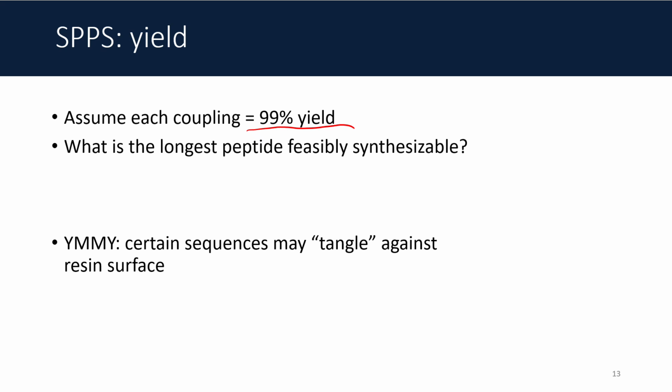Said another way, what is the longest peptide that we can feasibly synthesize within the lab before it gets to the point where the yield is so low it's just not even worth trying? You can actually treat this a little bit like a math puzzle and figure it out with pen and paper. And I can show it to you. If we think of that 99% yield as a decimal, 0.99, we can say, all right, if that reaction has a 99% success rate,